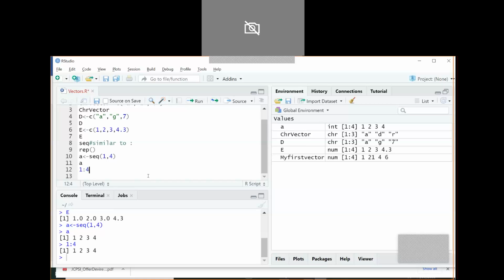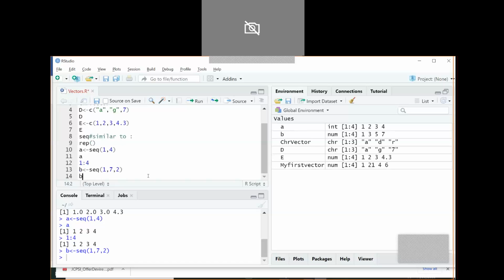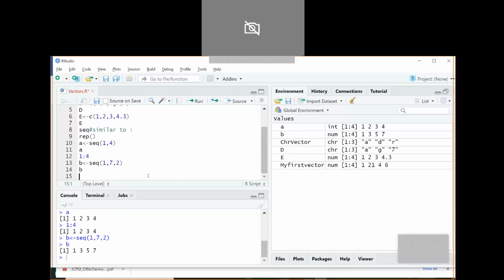What is that difference that the sequence function is created for? See, with the help of the sequence function, you can use another parameter which is called step. For example, let's go and create this. I'm creating another sequence of numbers. Let's take from 1. It has to start from 1. It has to end at 7. And let's give a step, this is called step, and let's run it. Now I'll call my vector B. So you can see